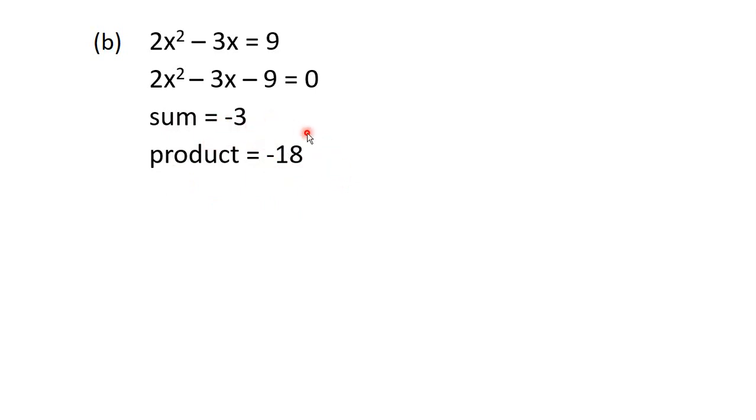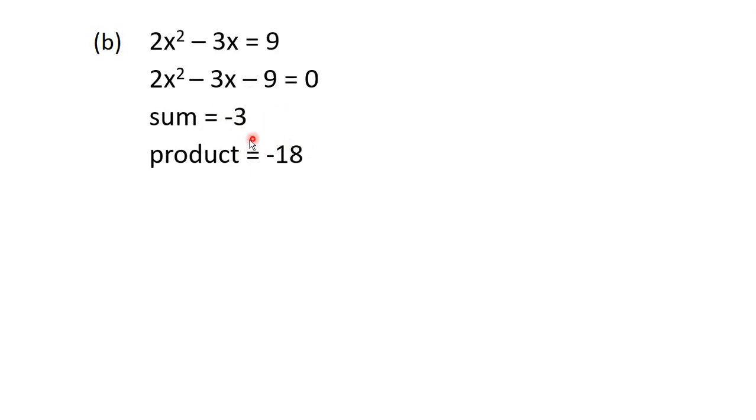You would think of those numbers. For example, 2 plus 3 is 5. Let's see, 1 plus 2 is 3, but we need negative 3. So for us to get a negative, we need a bigger value and a smaller value, which will give us that negative. So we can look at a number like